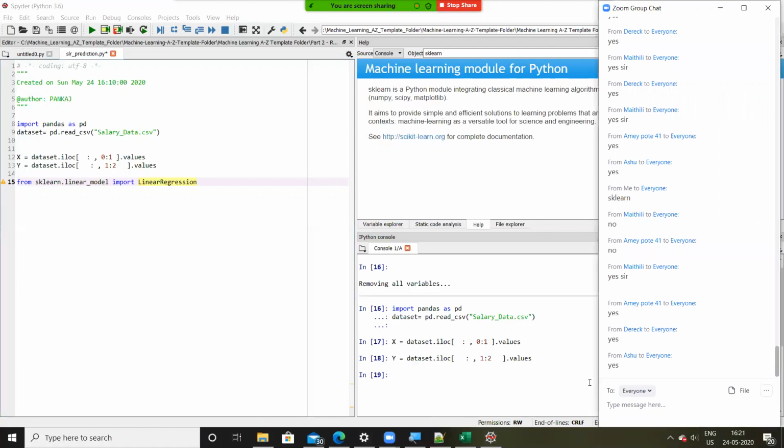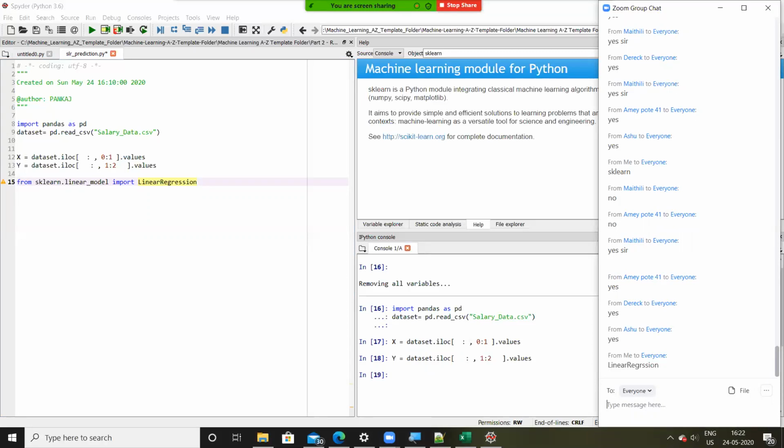Please make an entry called linear regression. Linear regression is a library available in sklearn.linear_model.